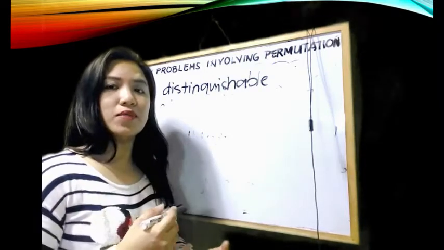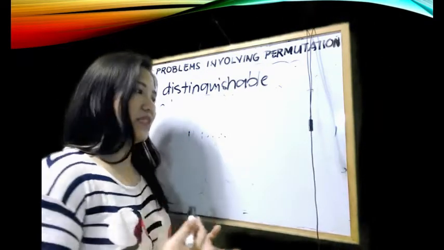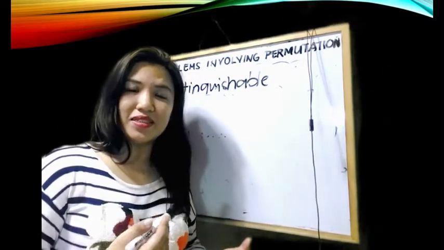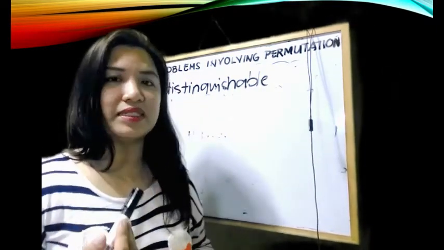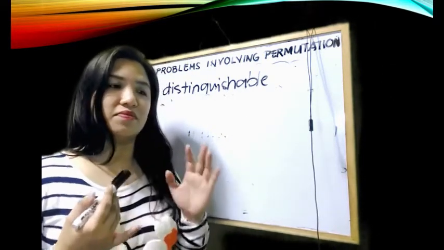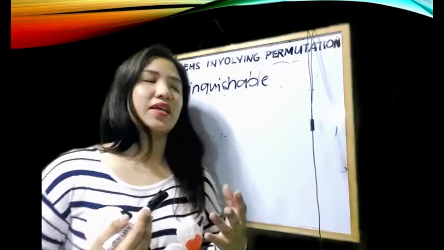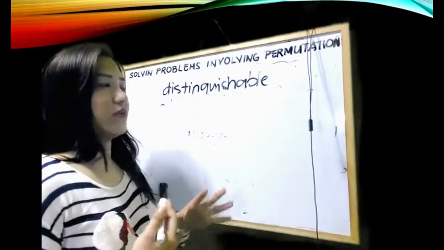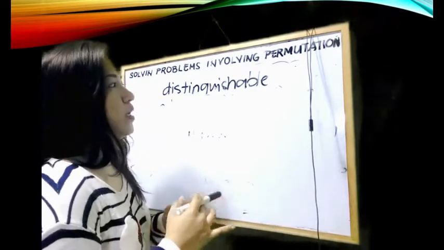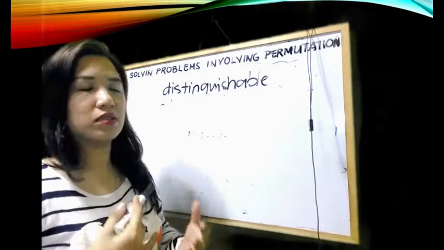Because this is where our repeated figures come in. Depending on the given, your repeated figures can be in the form of letters if your set of objects are composed of letters, or numbers if the set of objects are composed of all numbers. So once there are repeated figures inside a group, you have to find out the permutation of those distinguishable